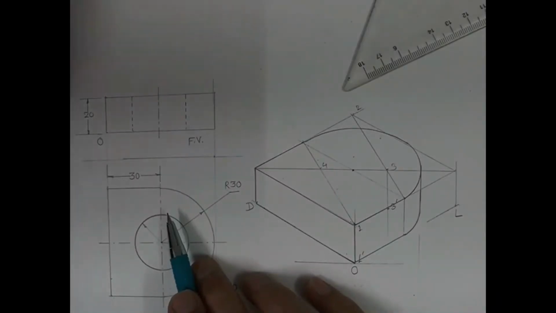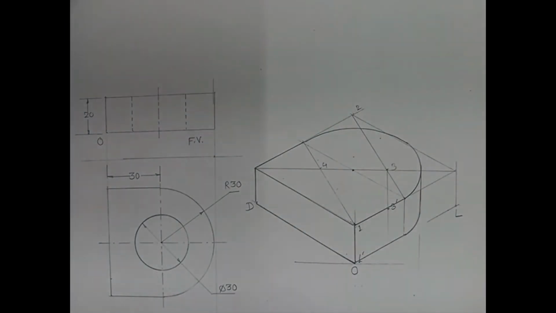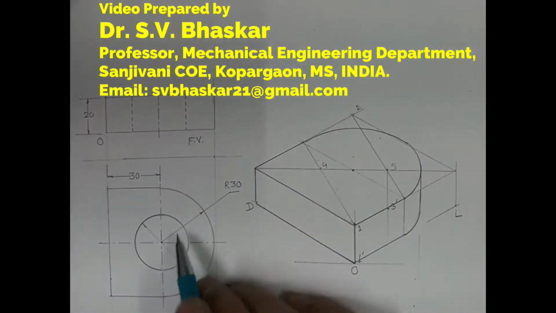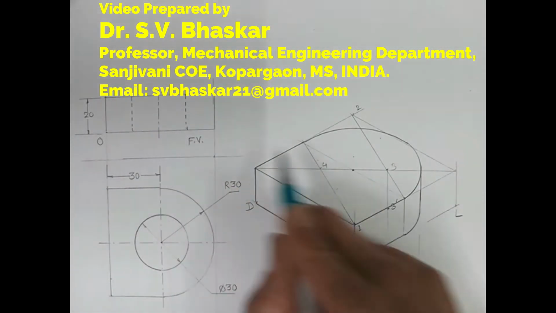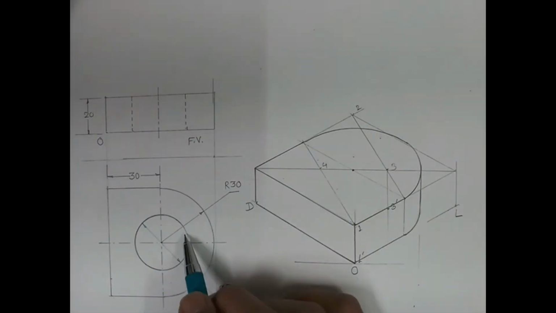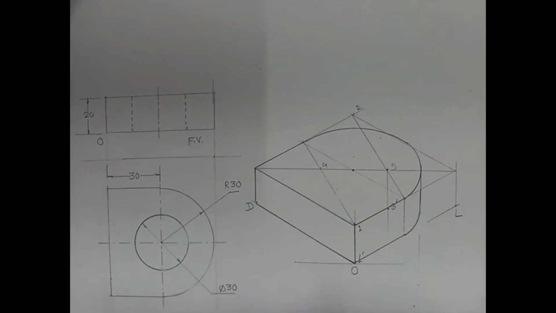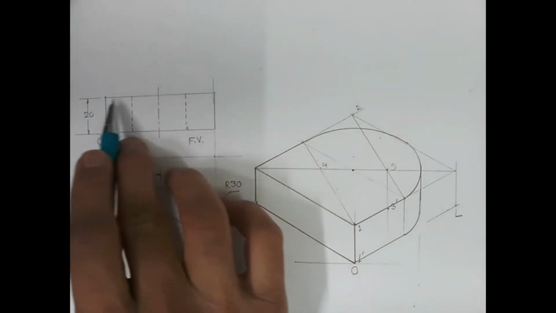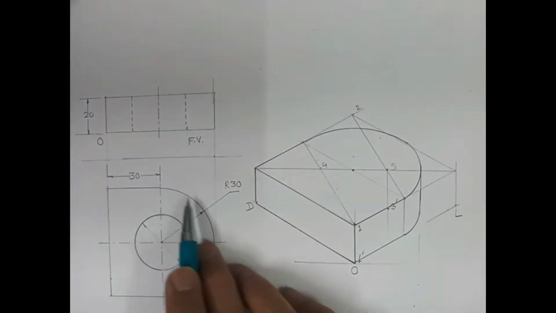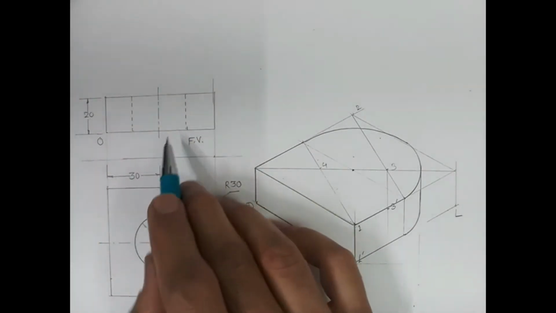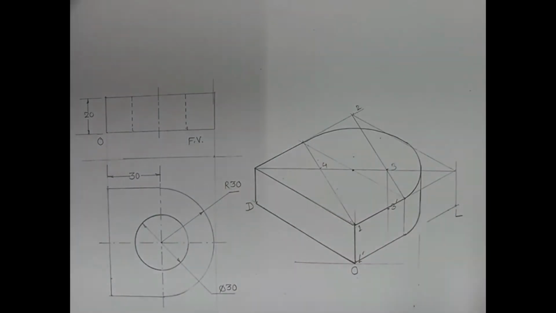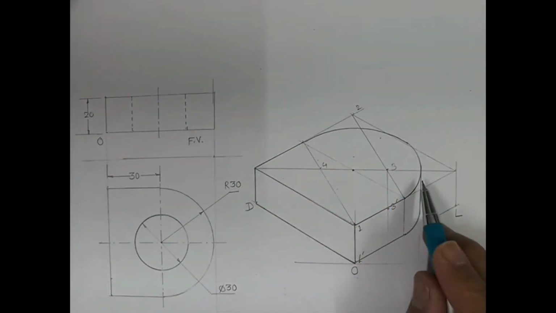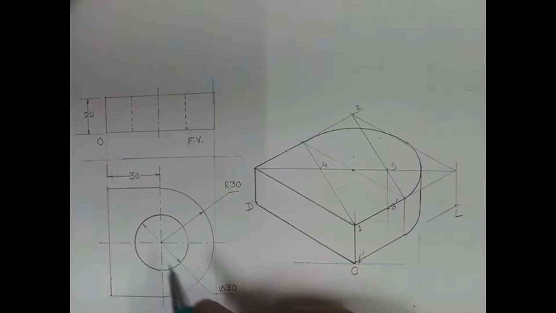Now, first of all, I would like to mention that this particular object is not the isometric view for the given orthographic views. It was actually the previous object, which I just converted into this new problem with a hole. In the previous video, you can see I had drawn isometric views for an object having a front view like this and a top view like this, without this circular hole. But in practice we come across such objects where there may be holes in such semicircular disc-like objects. So let us see how to draw this hole.